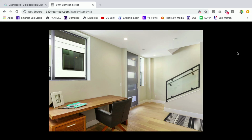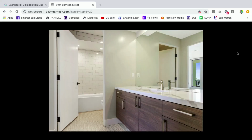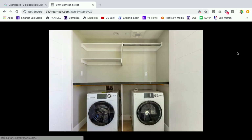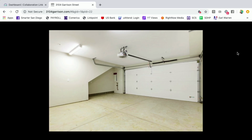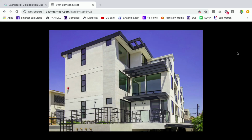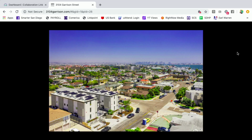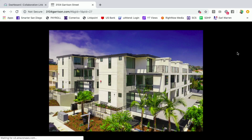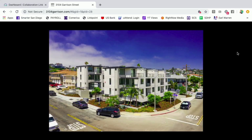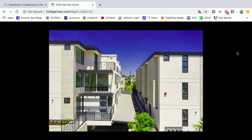What's the price point on this one? They start at $950. So there's going to be several different kinds. Are they all the same beds and baths? No, they're not. But they range from 17 to about 2,000 square foot. You have your own garage, private parking, roof patios, large patios, and the location you can see. Killer. Yeah, they're killer, super modern, and low HOAs, solar powered, so your energy bills are going to be lower,